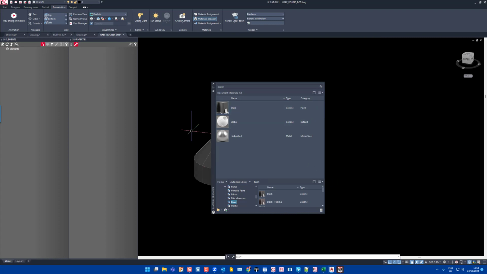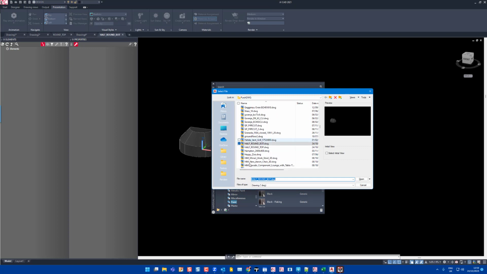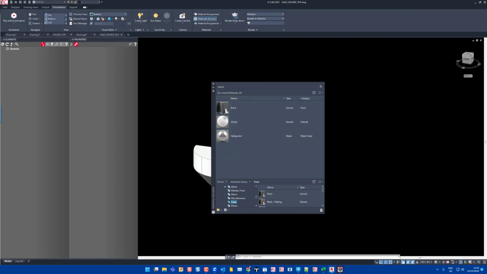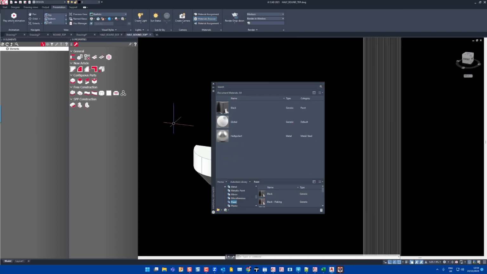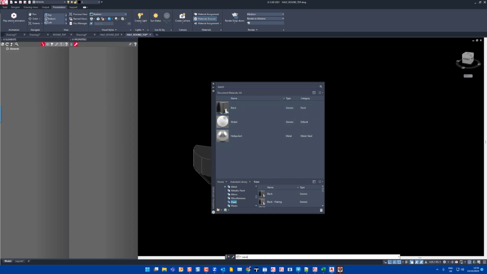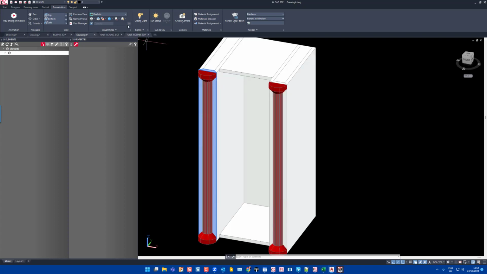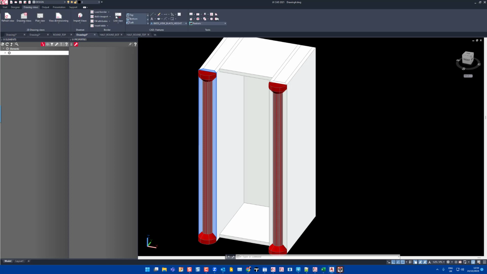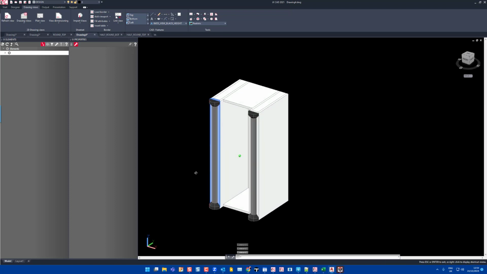And obviously we can make all sorts of alterations to the designs. Now when we bring this in, we can refresh our blocks. And we've got now our finished